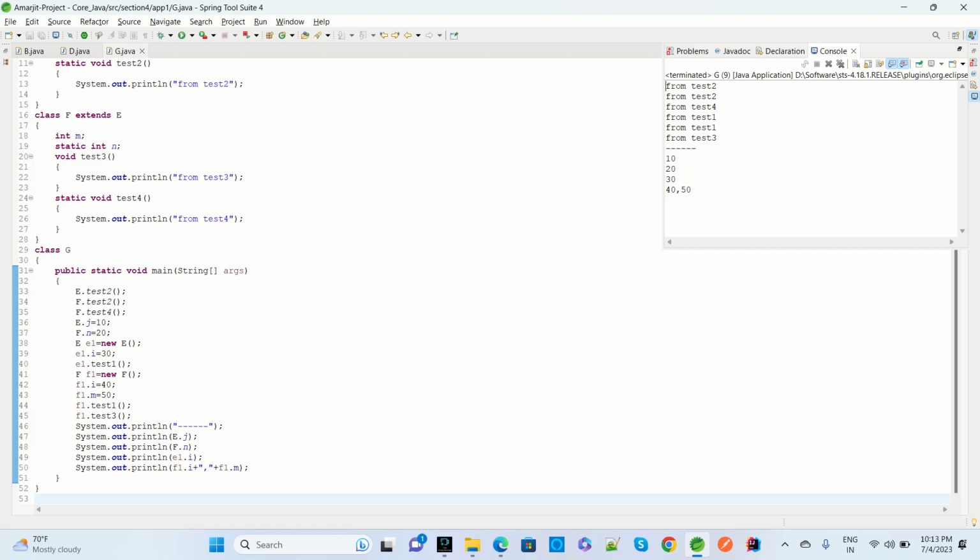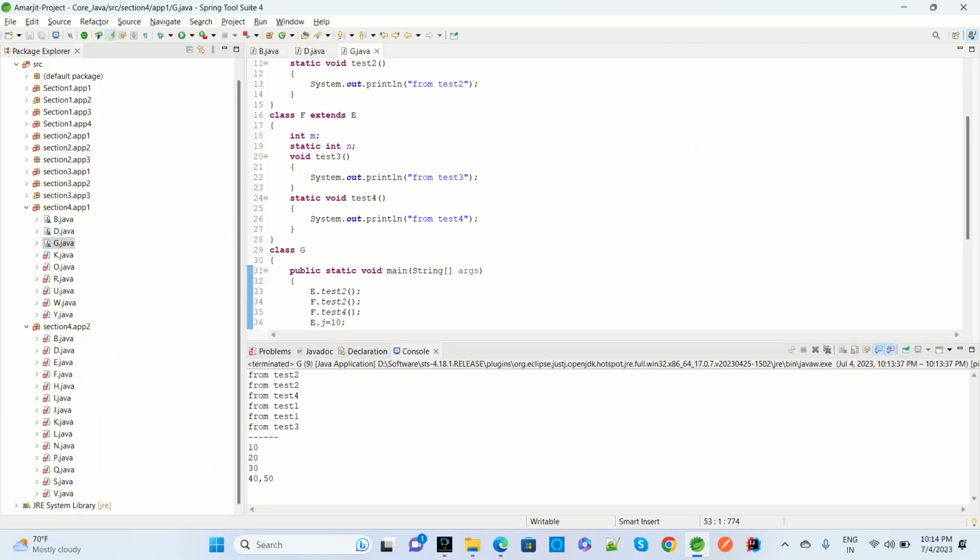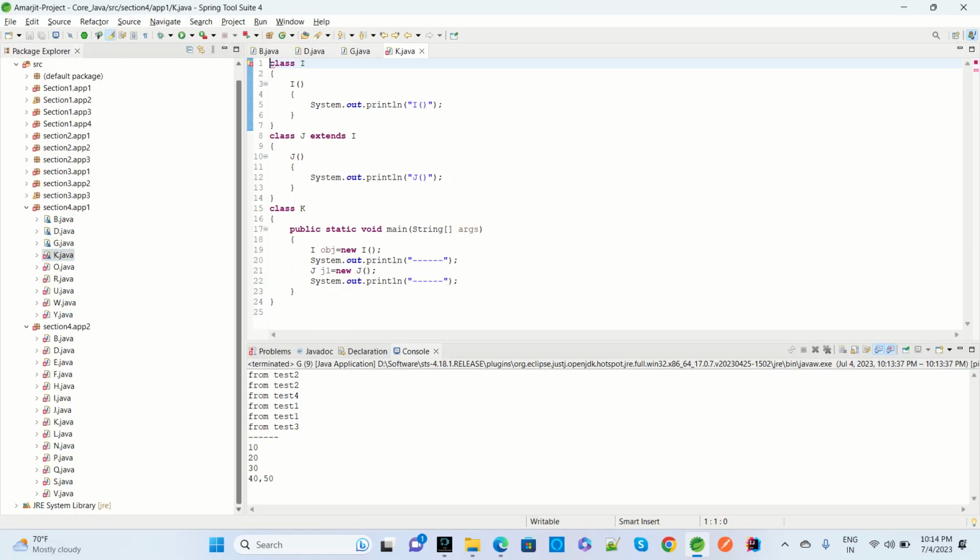But if you have multiple classes inside that, and if you have a non-static one, then you have to create an object, and based on the reference we can call or initialize the variables. So this is the difference which I have. And then if we go for the next program, here we have to add the package,